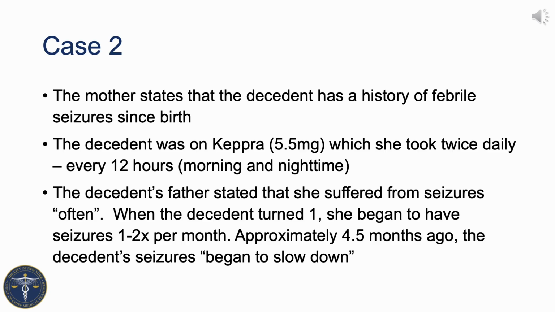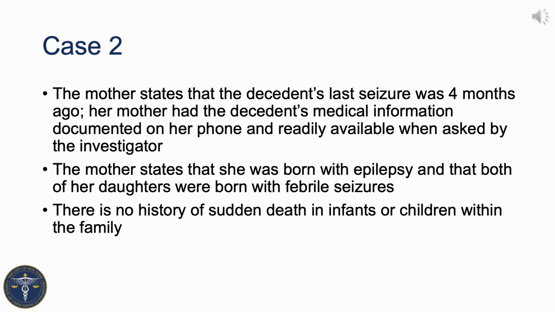The mother tells the medical legal investigator that the decedent has a history of febrile seizures since birth. She was on Keppra, which she took twice daily, once in the morning and once in the evening. The decedent's father stated that she suffered from seizures often. When she turned 1, she began to have seizures approximately 1 to 2 times per month. Approximately 4.5 months ago, though, the decedent started to have seizures less frequently. The mother states that the decedent's last seizure was approximately 4 months ago,